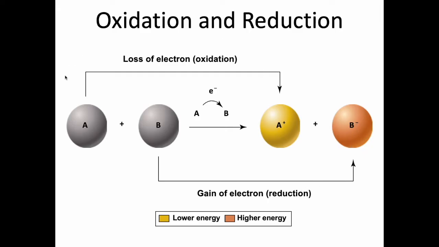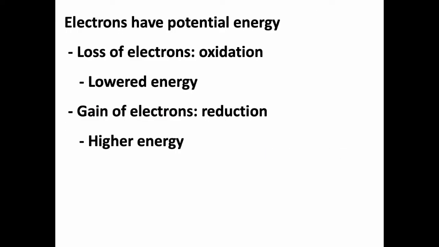So again, this is a great visual for this. Here's a summary. Electrons have potential energy. Losing electrons is called oxidation. You're at lower energy. Gaining of electrons is called reduction, and you're at a higher energy. You should really get familiar with these terms and know which one is which. And again, you could remember it's reduction because it's a lower charge, and then oxidation is the other one. But yeah, I'm going to be using these terms throughout this and the next chapter, so you really have to get these solid in your head.